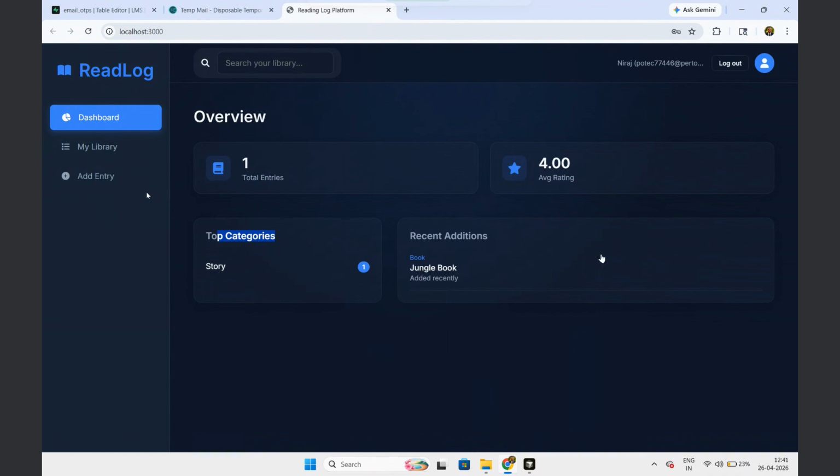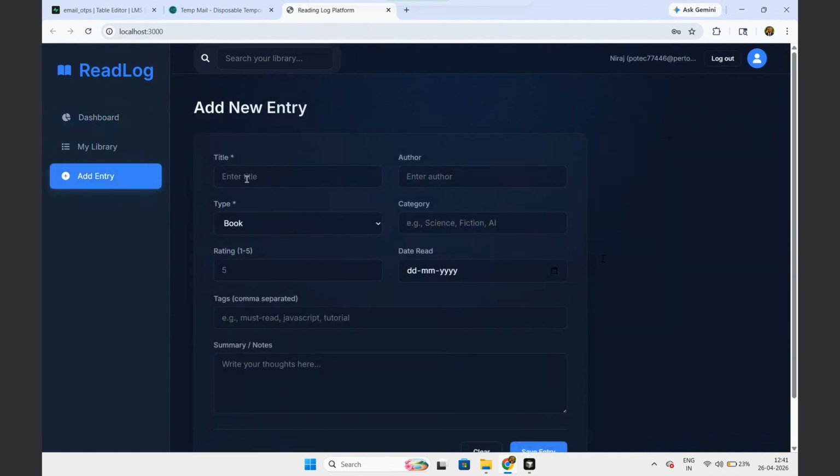Next, users can add a new reading entry. For each entry, they can enter details like the title of the book, author name, category, rating, and also a tag for a summary. These tags help organize books. For example, users can tag books as